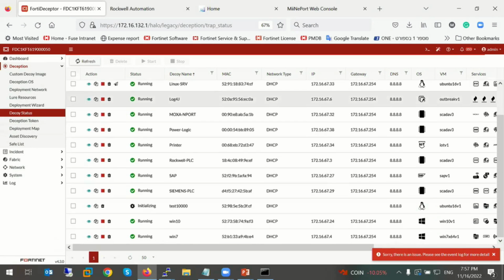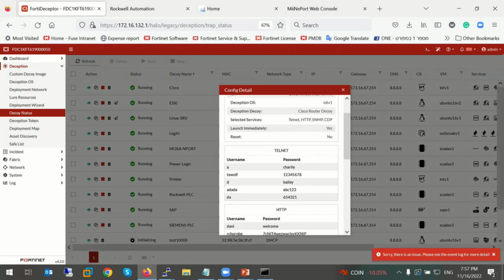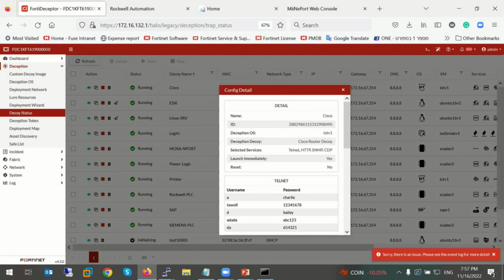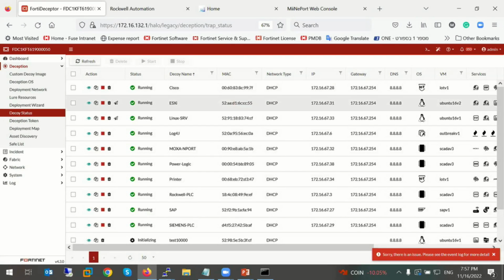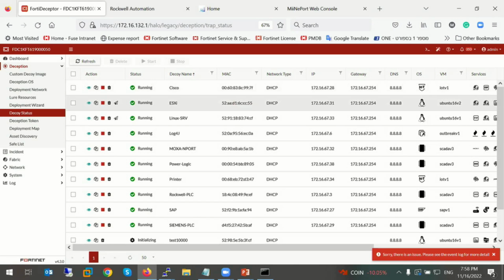This is all the decoys that I deploy. You can see the list. If I want to see the configuration, click on the eye. I can see the IP address and the configuration. I can stop, delete, or create a template. Next time that I want to deploy something similar, no need to do it again. Just click template and you can replicate it. You can see decoys from Cisco decoy, ESX decoy,